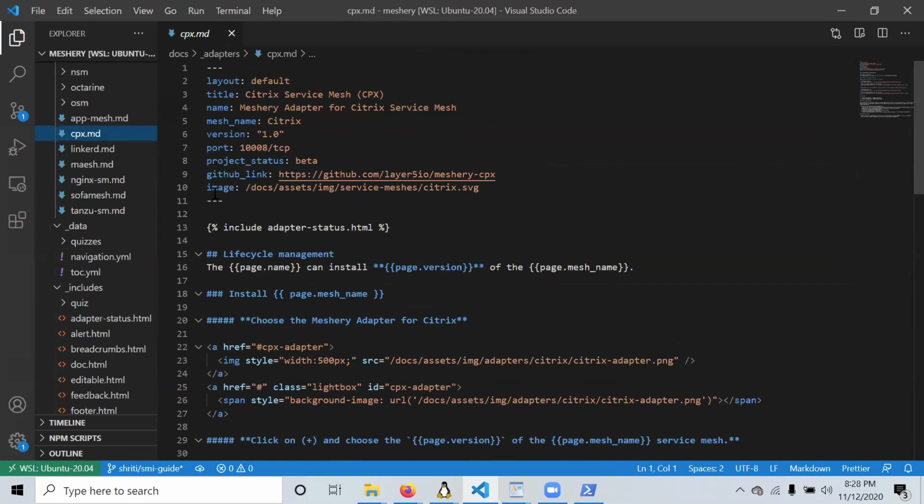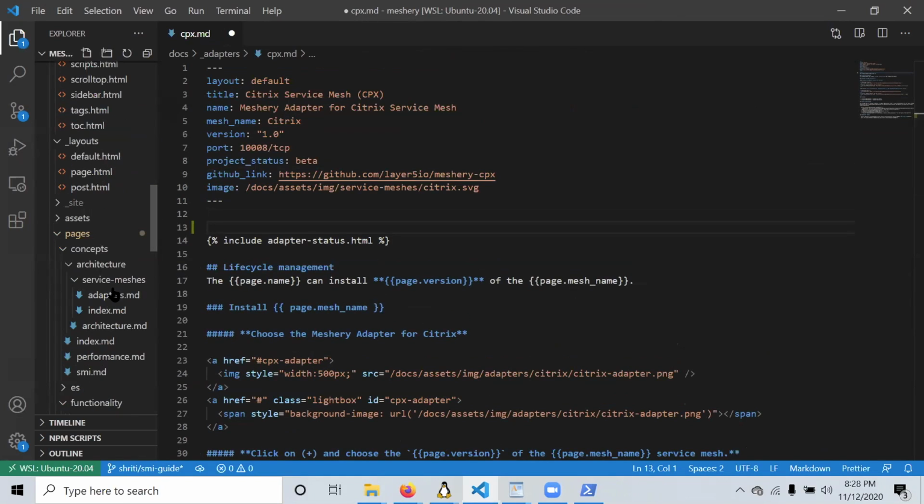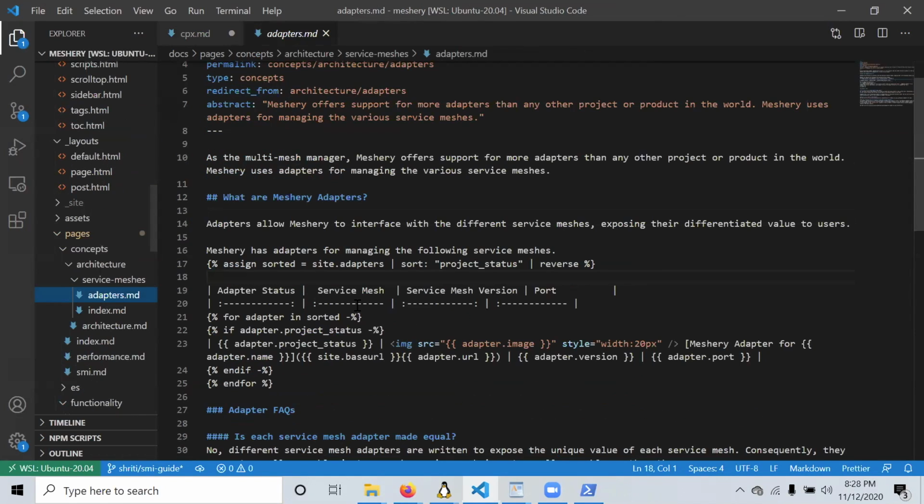What this will do is leverage that front matter and show it here. So this is a plain markdown table. With liquid tags, we don't have to go and repeat the same data again and again.